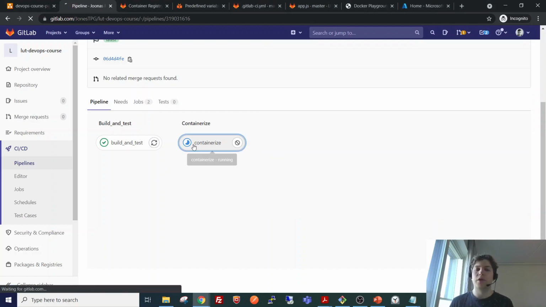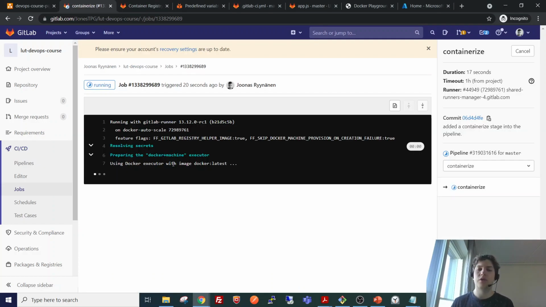So let's now go ahead and see how the containerize stage works. It is using a Docker runner that will have Docker inside it. So it's Docker inside Docker. There is more information in the GitLab docs about the matter if you are interested.